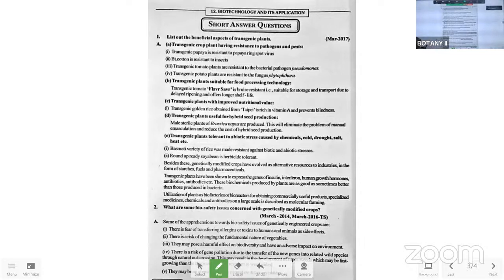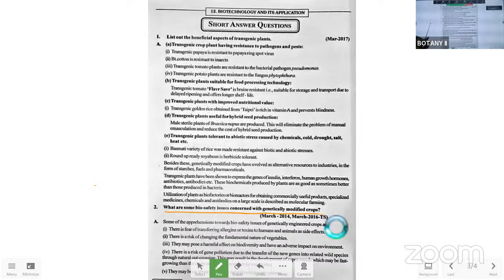At that time, even no one can say. So better to go with the SAQs from these units itself, where 2 chapters are there. Okay, so here the first one will be the easiest one, the biosafety issues concerned with the genetically modified crops. This you can easily say the answer if you know the previous